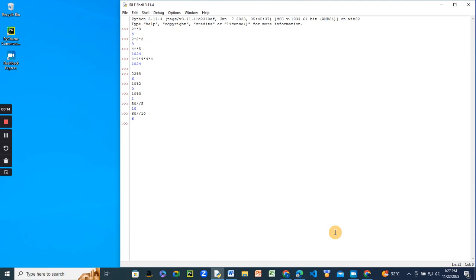So now, moving away from floor quotient, the next one is division. So this division, if you say 5 divided by 2, it's 2.5. If you say 10 divided by 2, it gives you 5.0. So this one now,